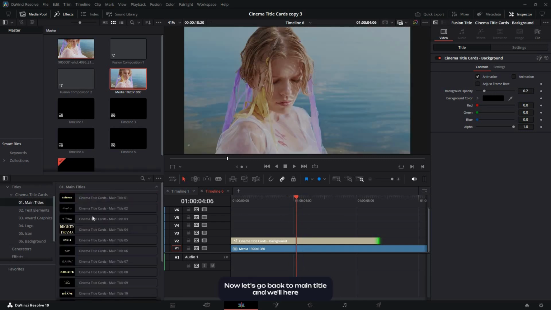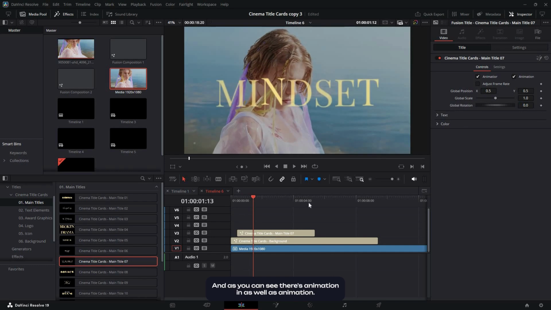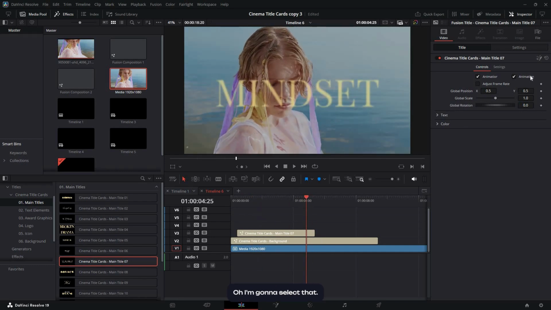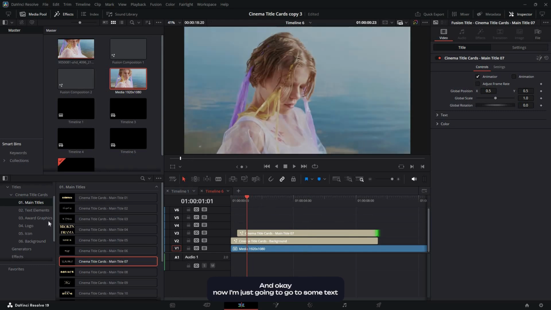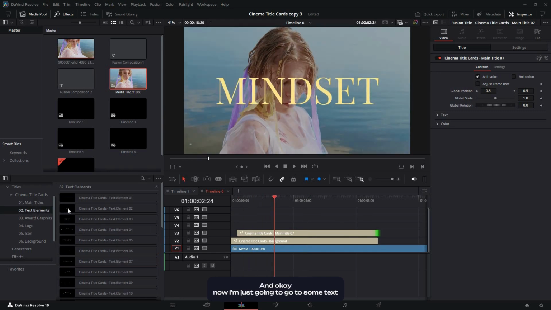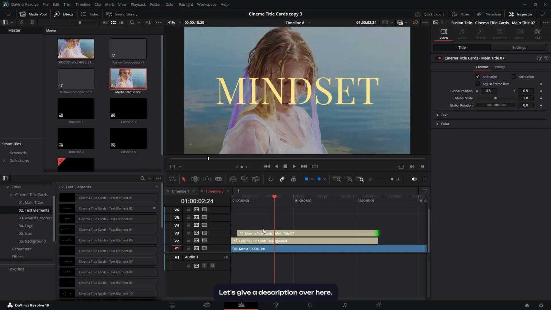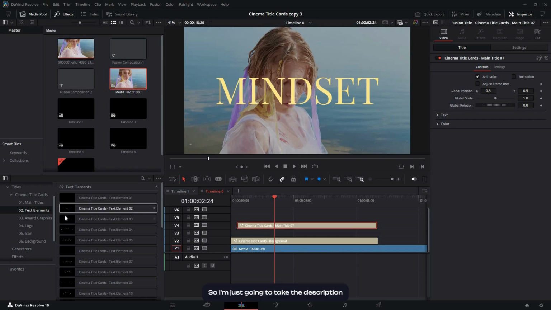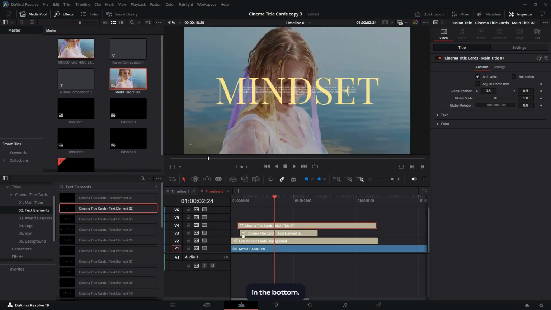Okay, now let's go back to your main title, and over here let's drag and drop some titles. Let's drag and drop this mindset over here, and as you can see, it has animation in as well as animation out. I'm going to select that. I'm just going to uncheck the animation out because I just need the animation in. Okay, now I'm just going to go to some text elements, and let's see what text I can give. Let's give a description over here. So I'm just going to take the description, the bottom,